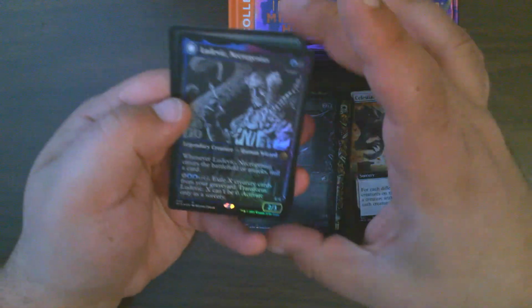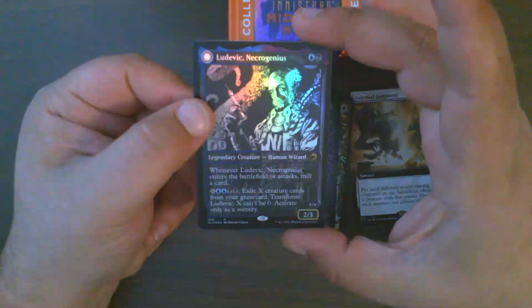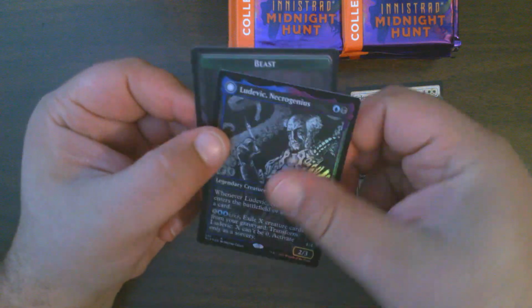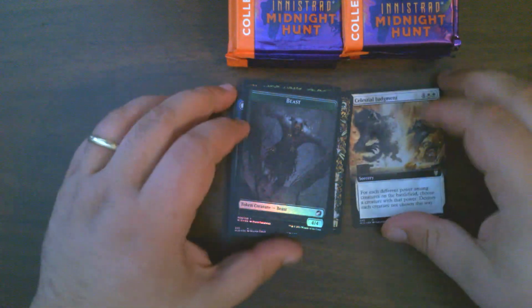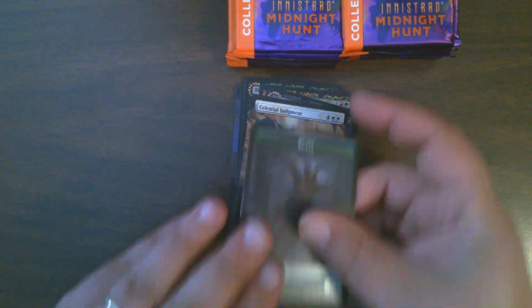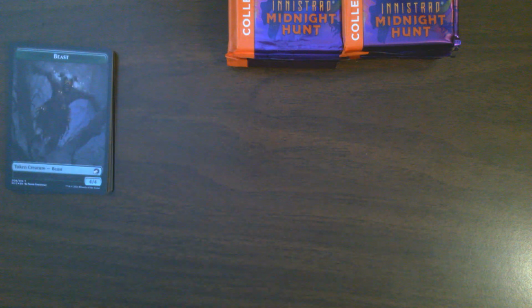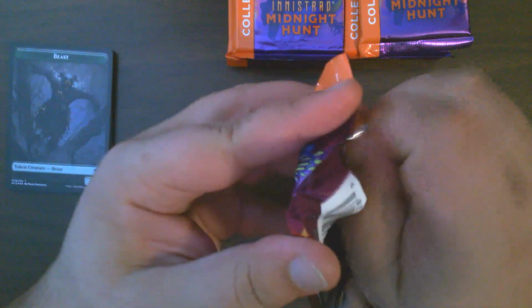And then we have a foil showcase Ludwig Necrogenius. That is our first Ludovic. And a foil beast token, spirit token. Very nice. All right, I'll put that over there. And in our second collector's booster,